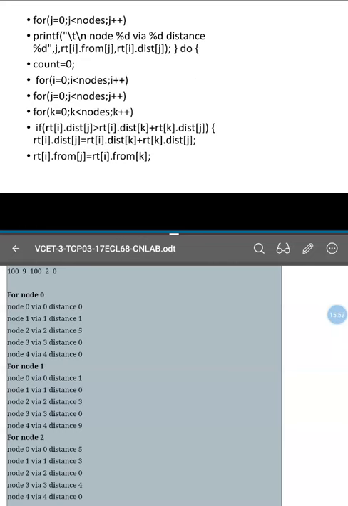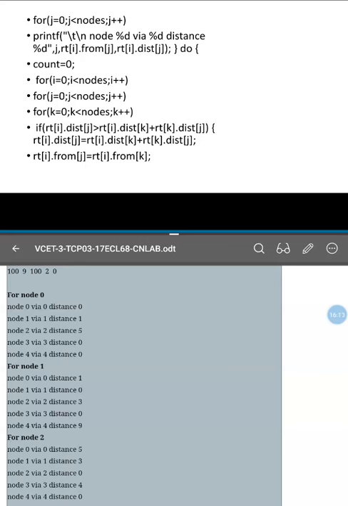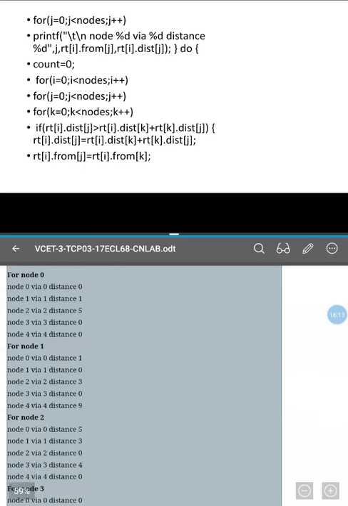If we entered it as 0, it takes it as 0. Respectively, which means it cannot be connected directly. That is what is done. Similarly, this will be displayed for